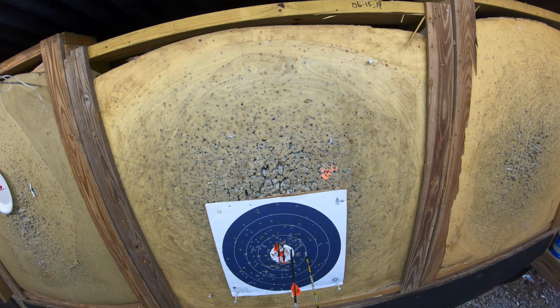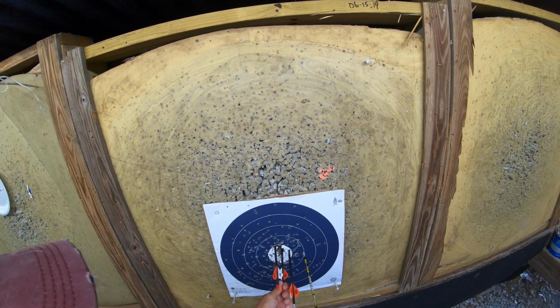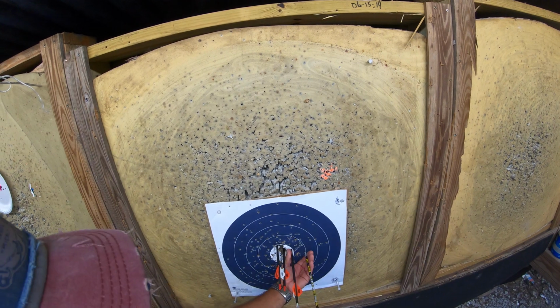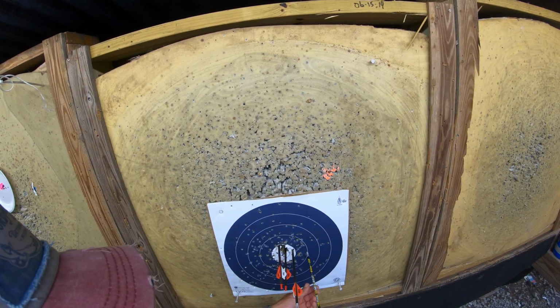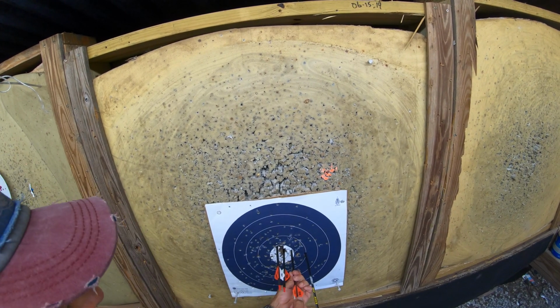Holy shit. Yeah, you see the groupings with the 2 arrows with the nice knock on there is definitely a lot better than the grouping with the other one. So I guess we can conclude that these lighted knocks are definitely not as good